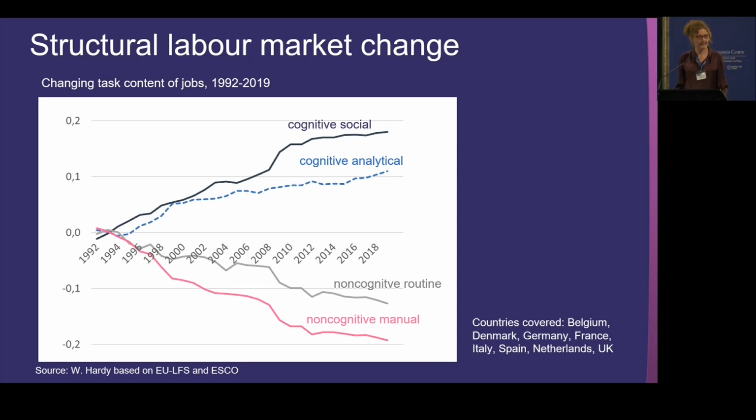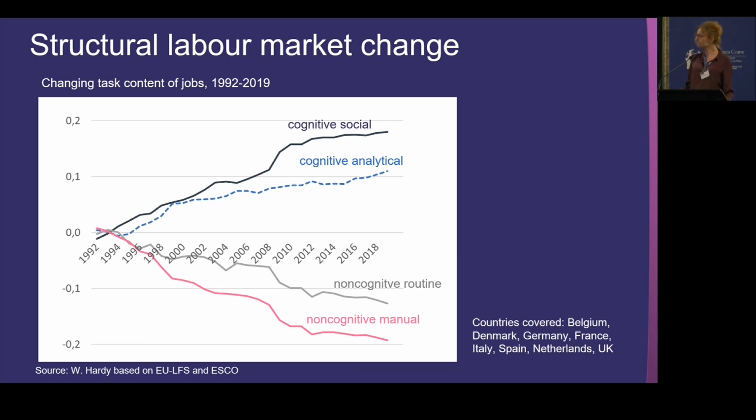An increase in the proportion of cognitive tasks being done and demanded in the labor market, and a decline in jobs which require non-cognitive tasks. This means that the lower or medium educated persons who do these non-cognitive jobs are less demanded in the labor market, while highly educated persons who can do cognitive jobs are more demanded in the